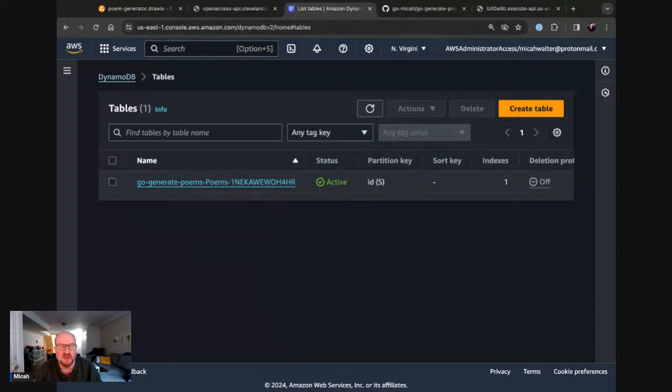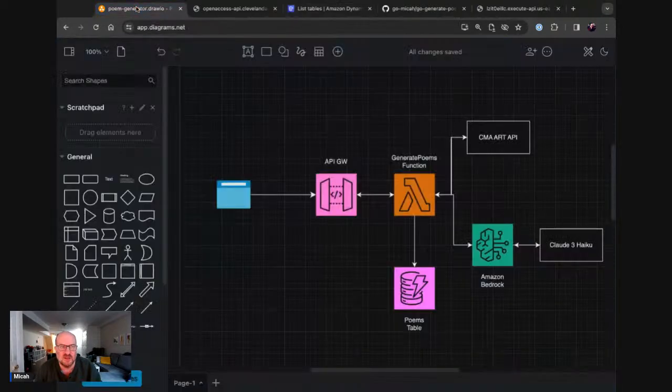What I want to do now is get DynamoDB to do the things we were trying to get it to do last time. So let's jump into the code editor. Here it is.